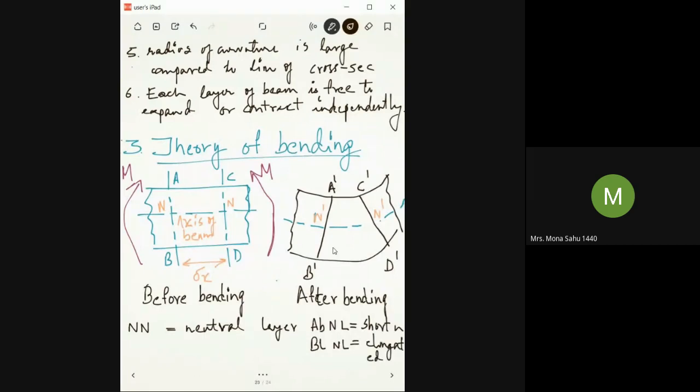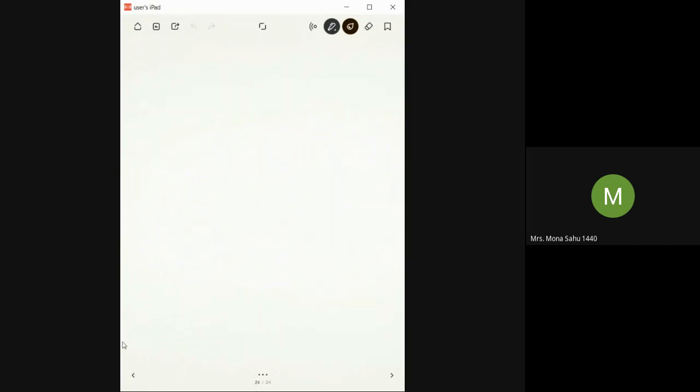Okay, elongated, and the elongation is going to be maximum at B dash, D dash. Clear? Did you guys understand? Okay, and in the assumptions we said that there is a radius of curvature. Okay, so if this is our diagram,